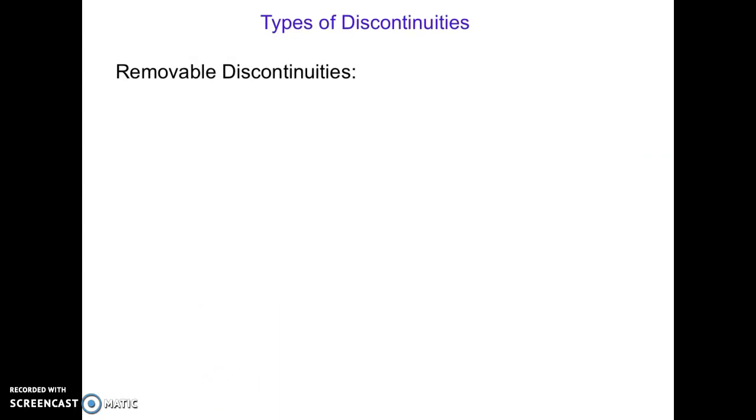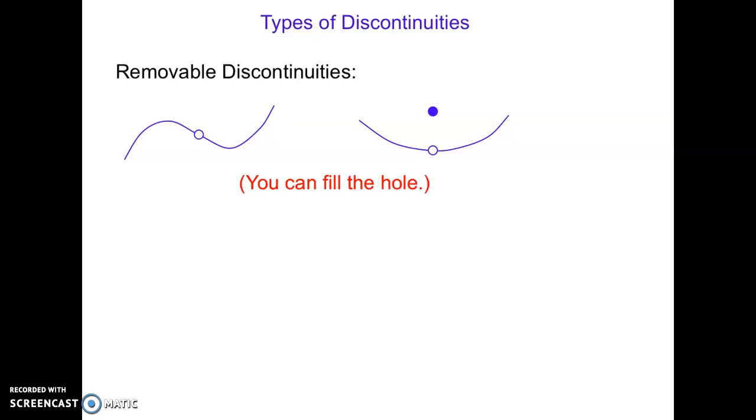So let's go through these types of discontinuities. The first are called removable discontinuities, and removable discontinuities look like this. They look kind of like bullet holes in the function. We saw one example in that last example, where we saw that bullet hole in the function. So if you have a point of discontinuity where there's a hole in the function, for instance, in a rational function where I cancel out the linear term in the numerator with a linear term in the denominator,